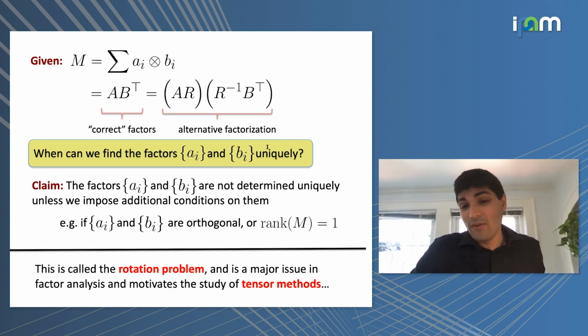It really stems from the fact that when we want to do factor analysis on real data for scientific purposes, for data science purposes, for machine learning applications, the matrix decomposition is just not unique enough for our purposes. So dealing with this major barrier is what motivated people in the psychometrics community in the 60s and 70s to introduce the study of tensor methods, because, as we'll see, they are unique under much more tame conditions.